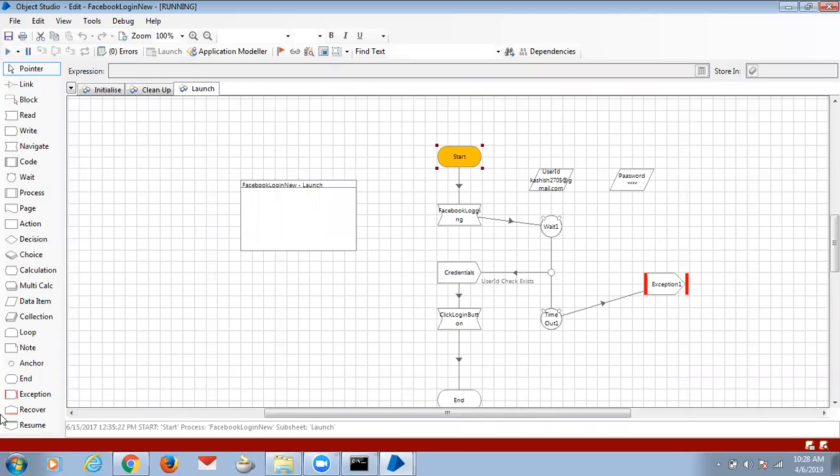So what is the logic you embedded? Even if that pop-up doesn't come, in some cases it works and at other times it doesn't work. I will check it from the process. Now probably we have to close the Object Studio and reopen it. Then only this process will start. Otherwise, it just hangs up over there.